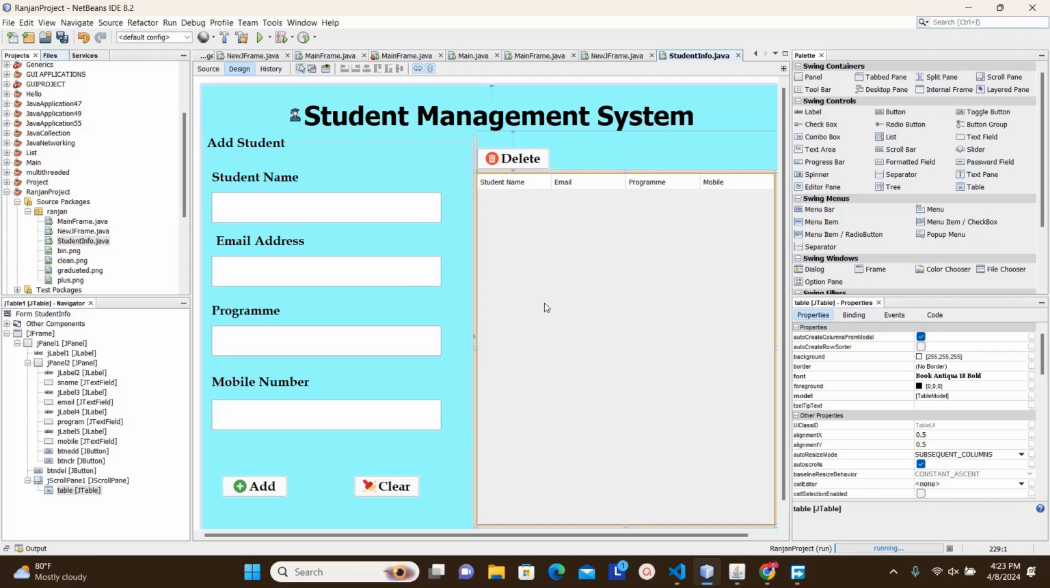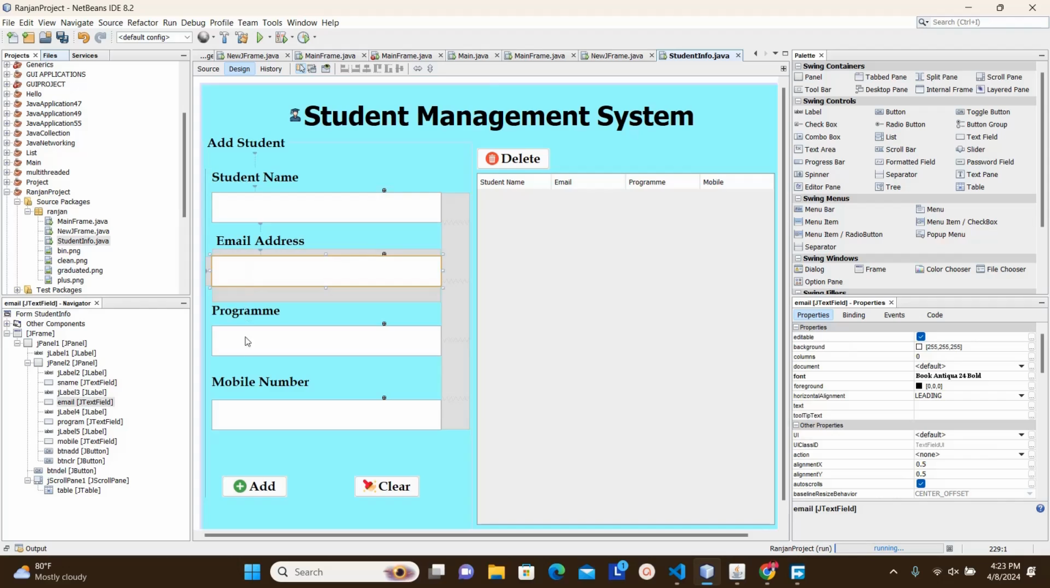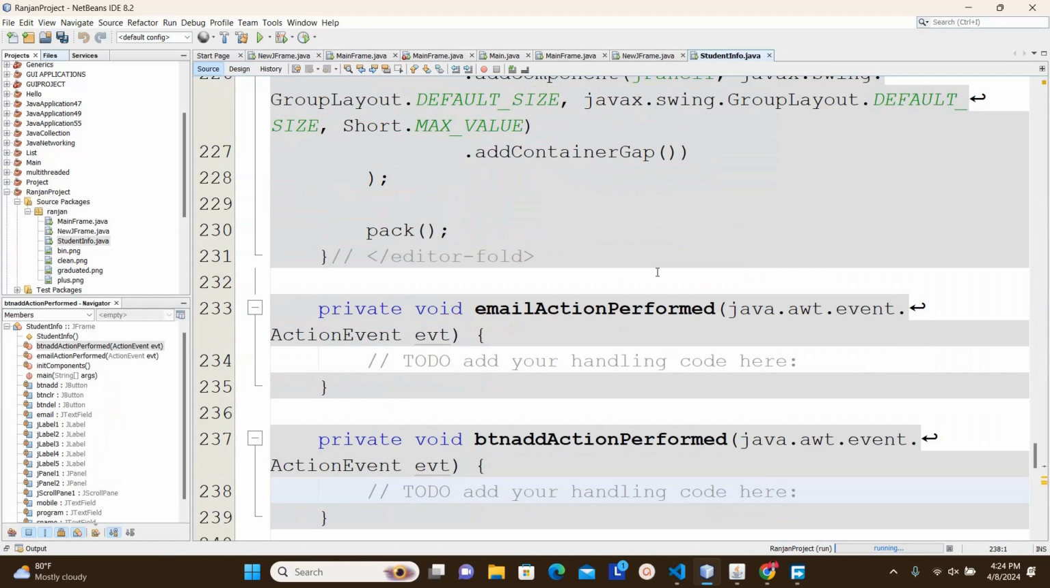Now what is next? We are going to target each of these input fields, and then we are going to collect the values from there. Once I click on this add button, whatever information you put in those input fields needs to be recorded in this particular table. So we need to target each of these input fields. If you want to target each of these input fields, what do you need to do? We use a method called getText. So when I click on the add button,